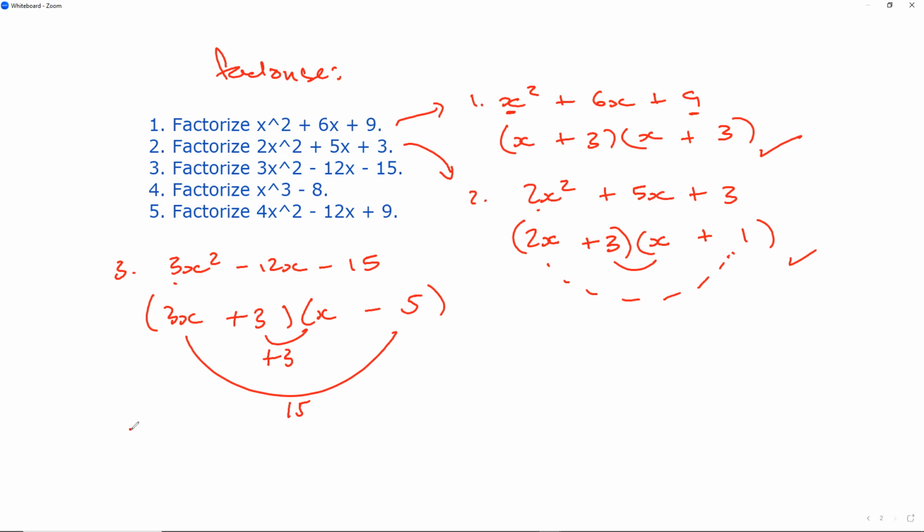Okay, question number 4. If I've got x cubed minus 8, how do I factorize the cubed value? How do I factorize x cubed minus 8? Let's have a look at this one separately. X to the power of 3 minus 8 is now cubic. So if I've got x cubed minus 8, it's going to end up with some bracket, a trinomial, with a